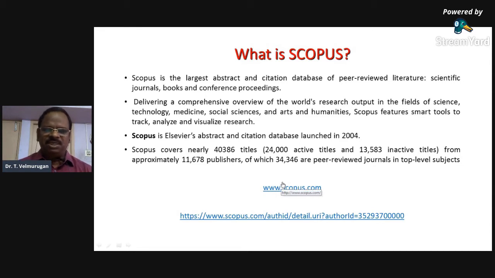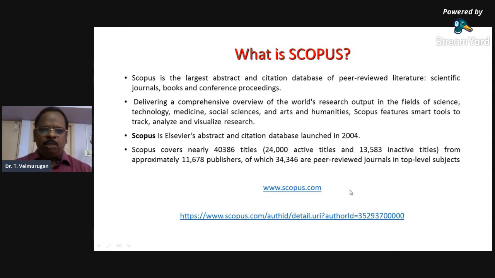A journal must be indexed in the Scopus database, and only then are you recognized worldwide. Now in Scopus, 40,386 journals are available, of which 24,000 are active titles and 13,583 are inactive titles.